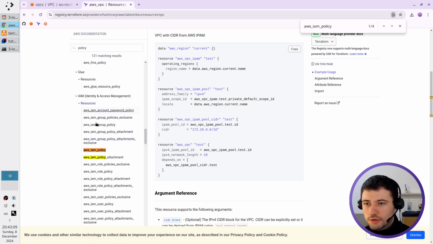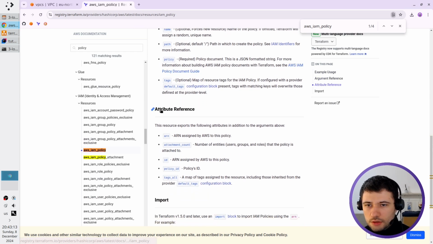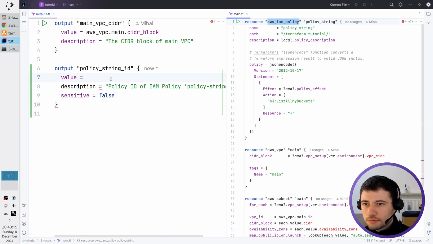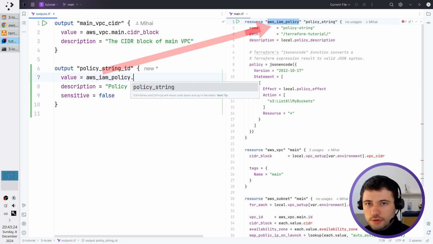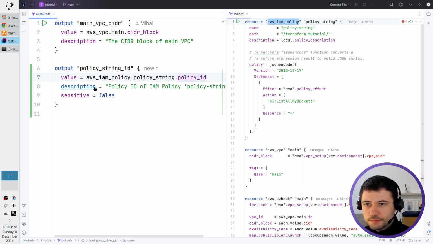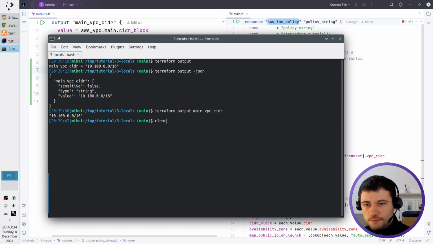In the resources, it's important I open the policy, and in the attribute reference, I will use the policy ID as an output. It is AWS IAM policy, policy string, policy ID. That will be the output. Let's now try to run Terraform apply